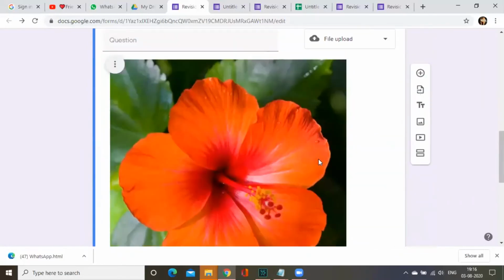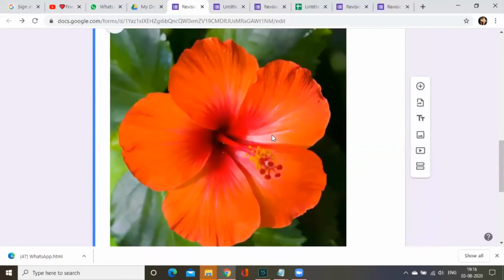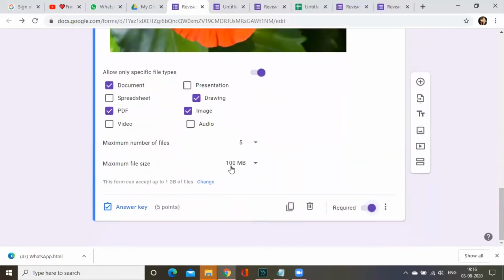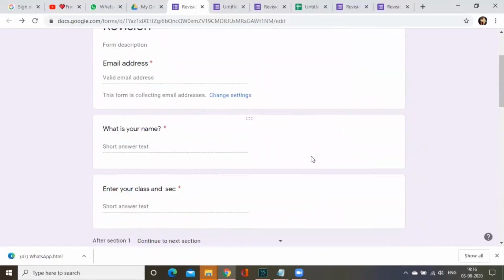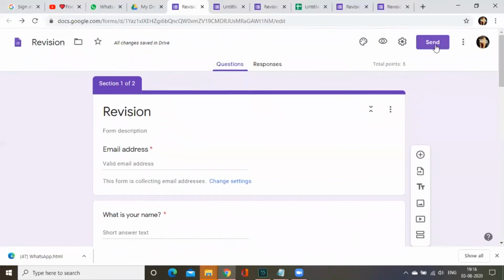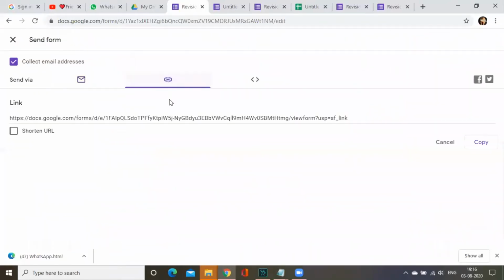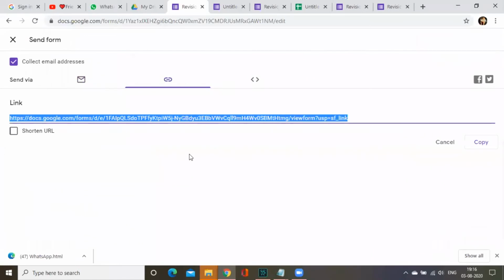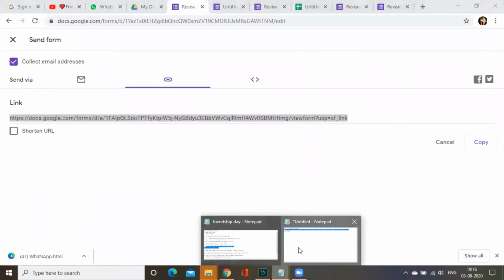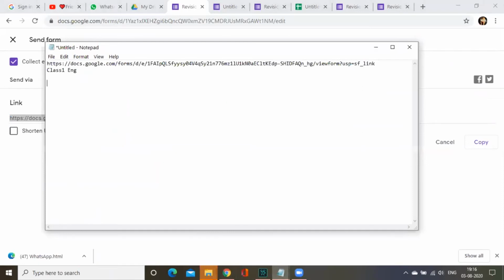For the second question paper, you just give the questions, upload the file, and give this access to the students. That's it. And then save it. Send. Same thing. Copy the link, then go to your notepad and enter the link here for questions.